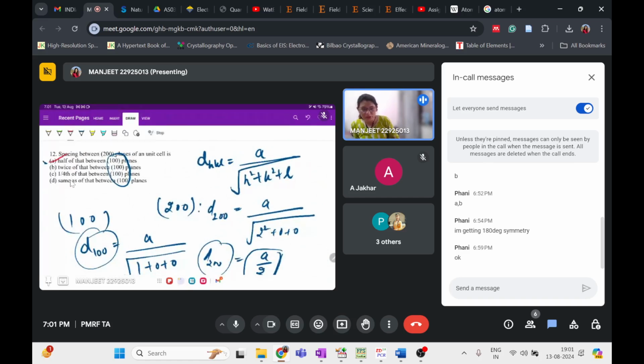Okay, you know the formula, you just have to plug in the values into the formula, and then you will find it comes out to be half of the spacing of the 100 plane. Okay,